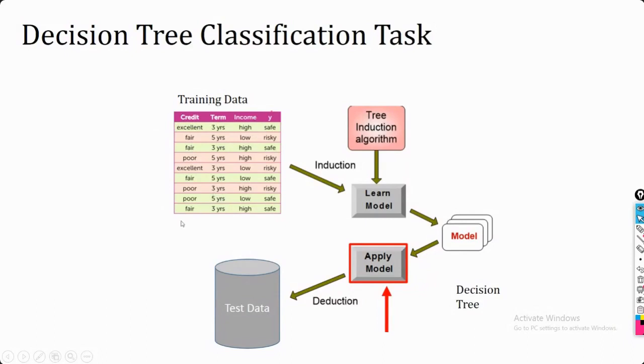So based upon these nine instances, I am preparing the model, and in order to prepare the model I am using this decision tree. Now once you are done with your model, you will have this final model. So now based upon that, we are going to predict the class label for your test instance.